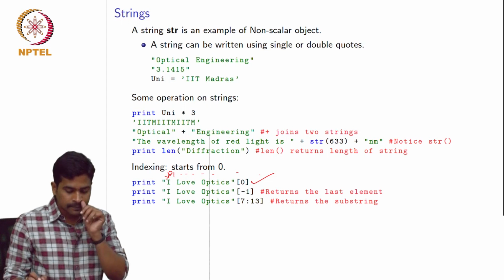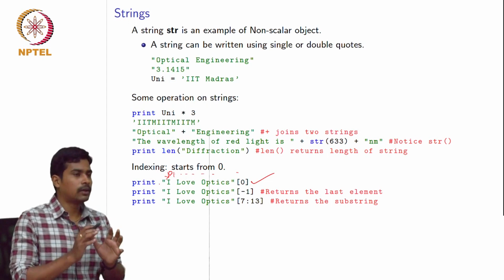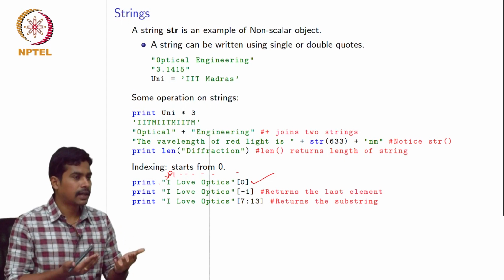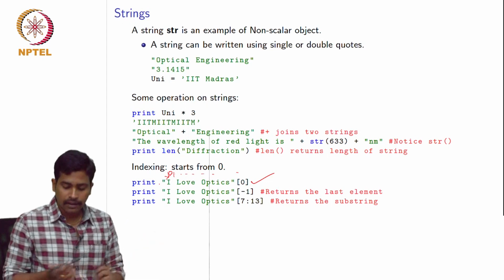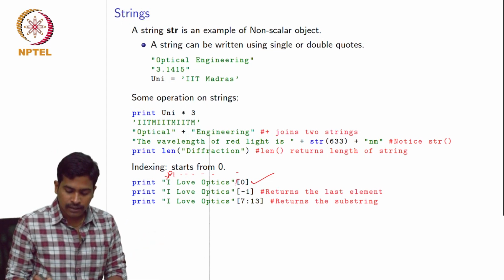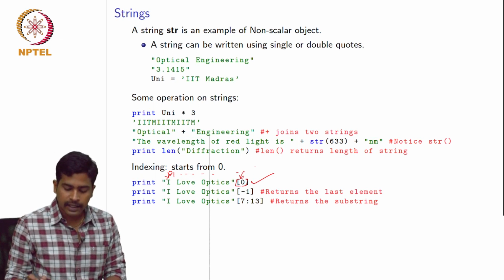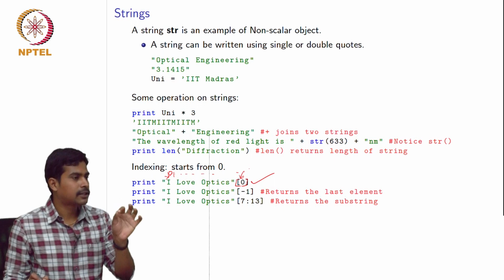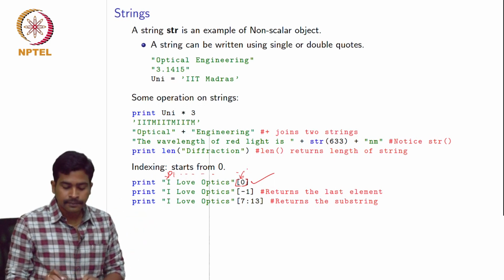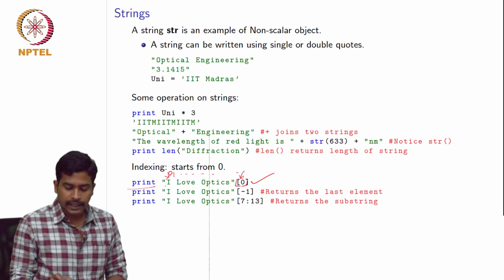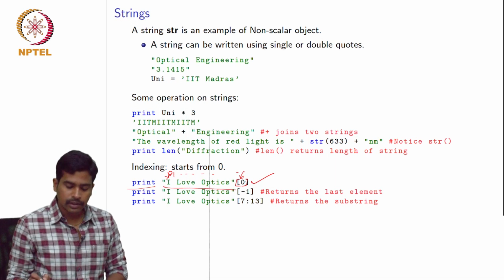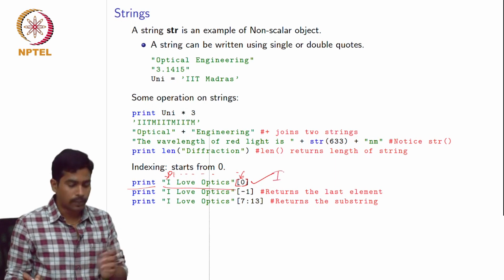This is very important. For example, if you want to print a particular character in a string, like the 10th character or the first character, we can use these square brackets, and inside the square brackets we can give the index of the character that we want to print out. So we can just say print, and we can give some string. So this will give the letter I at the output.